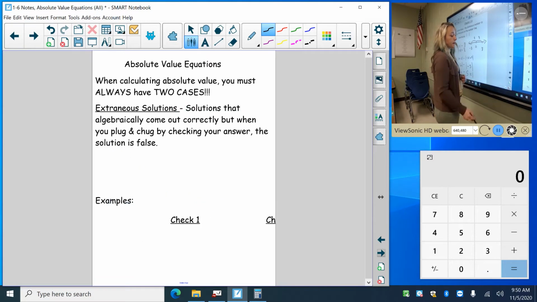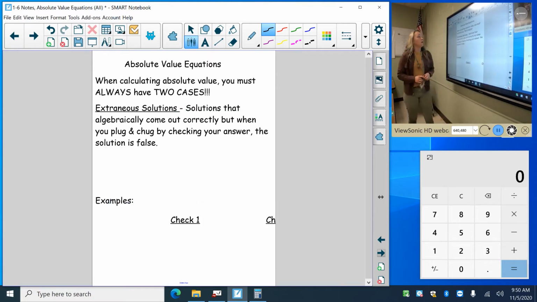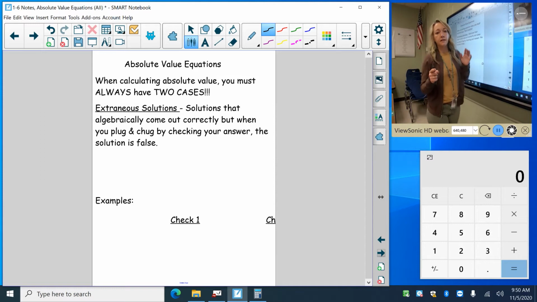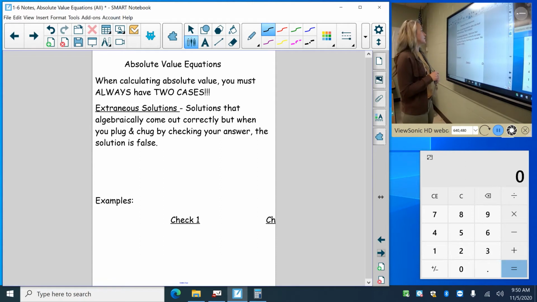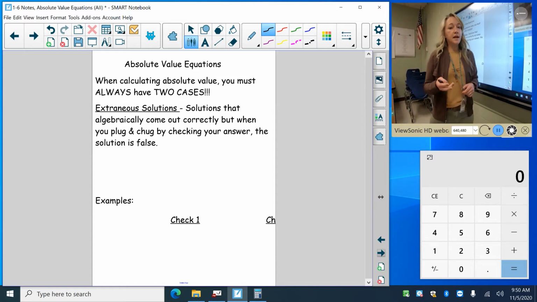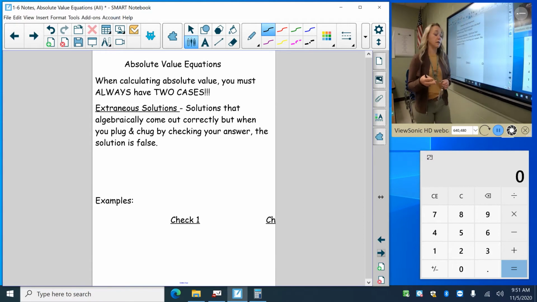So, solving absolute value equations. When calculating absolute value equations, you always have two cases, because if you think about it, the distance is always, you have two answers. 8 can either be positive 8 or negative 8, because there's two distances that equal 8. Okay, extraneous solutions are solutions that algebraically come out correctly, but when you plug and chug the answer to check your answer, the solution is false. And this happens every once in a while, so we have to make sure and check these when we're done completing the problem. For example,